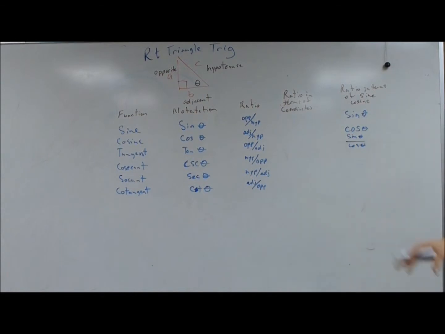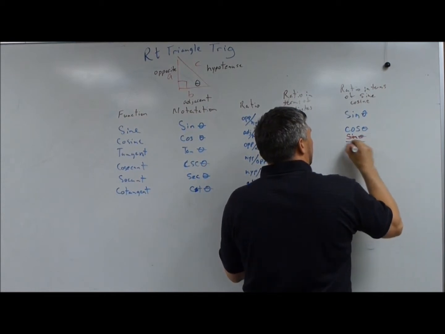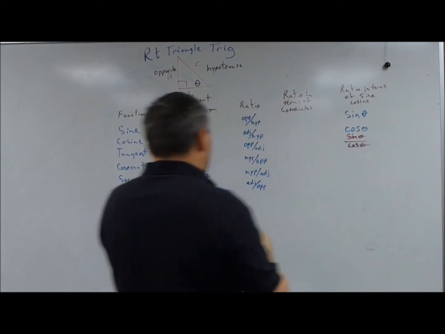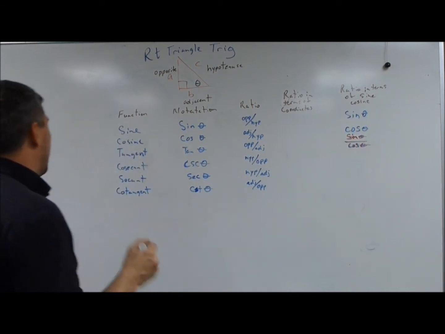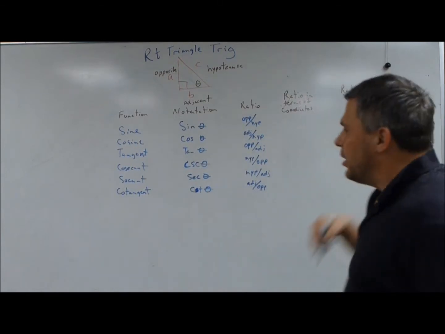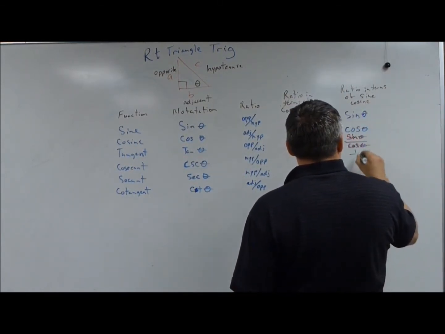Okay? So that's what tangent is. I'm going to write these in different colors so we don't get them confused. Sine theta over cosine theta. And then we've got cosecant is 1 over the sine. We learned that. 1 over the sine